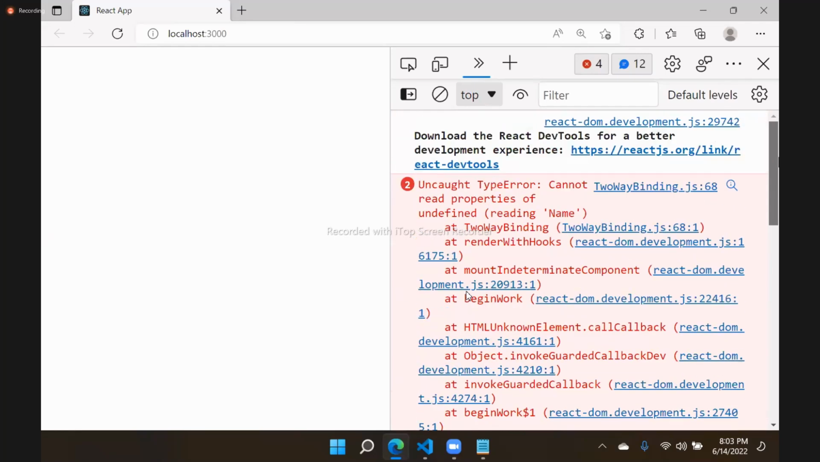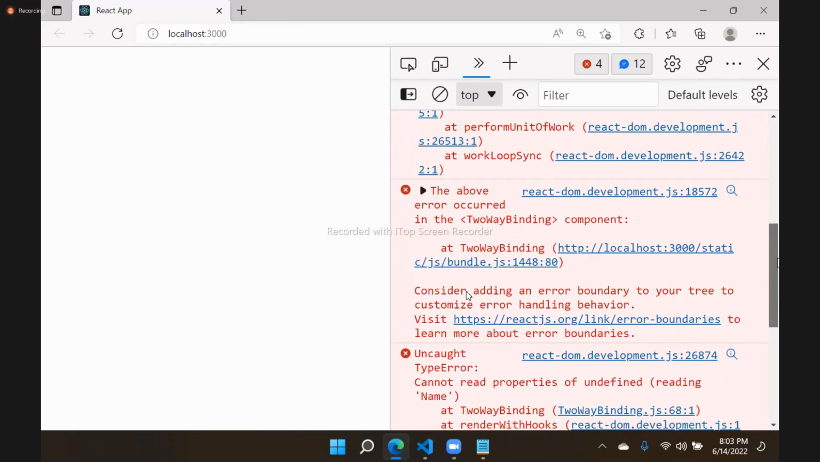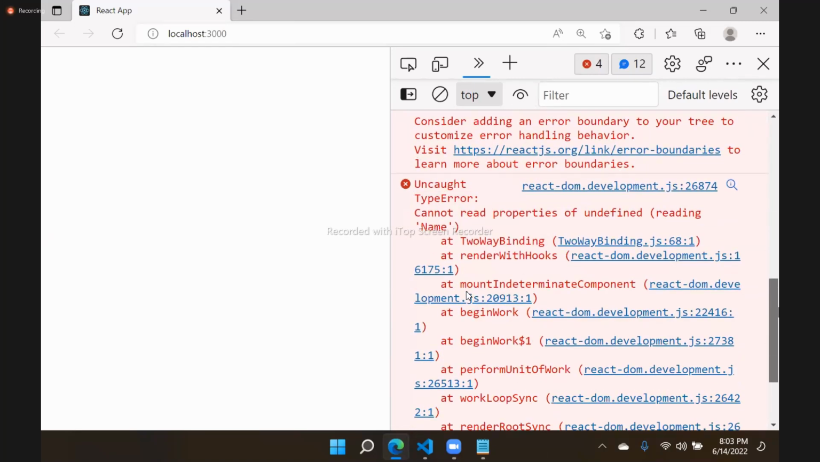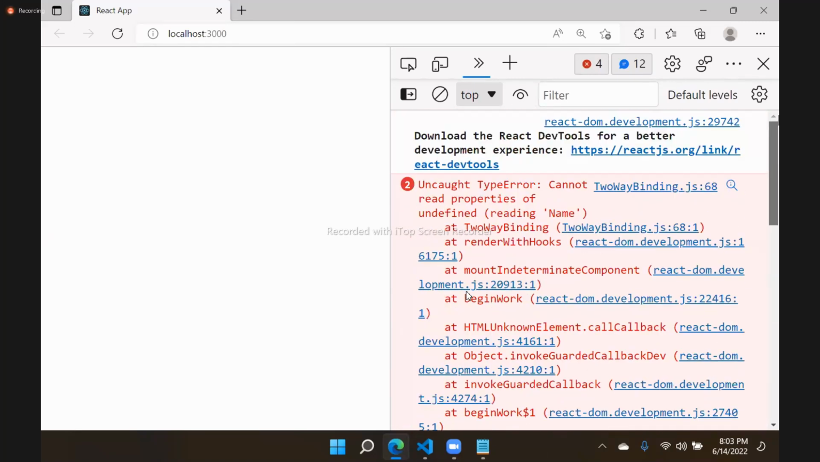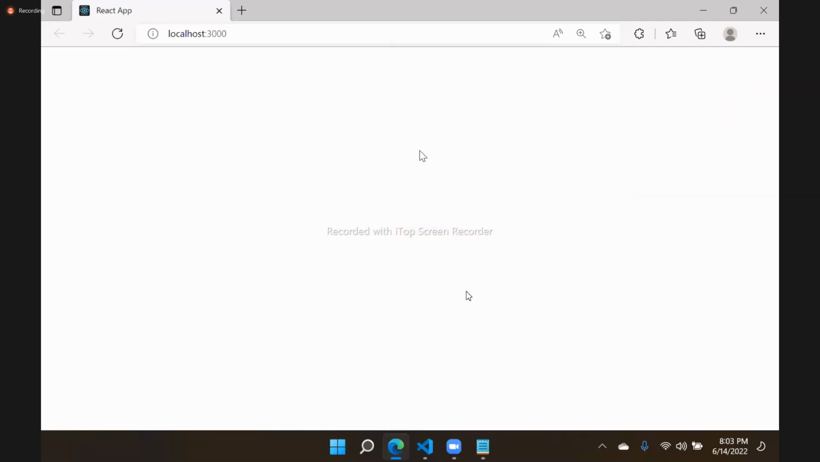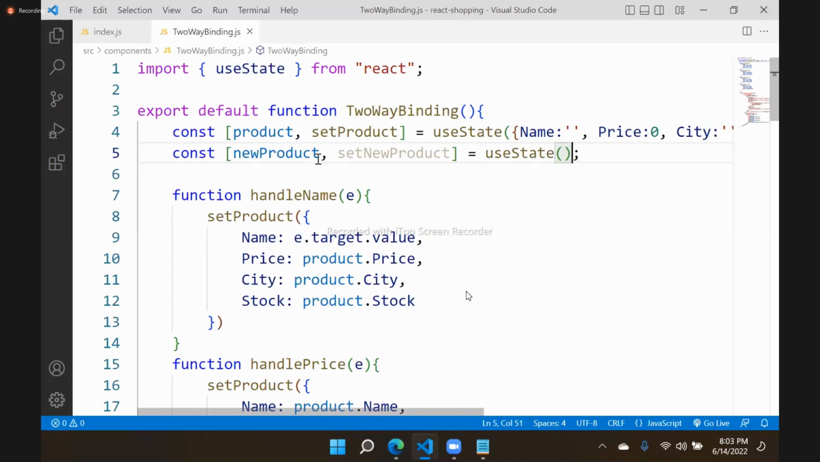That means name is not there. Similarly, price is not there. It will display all that information here. But here what we need to do is collect that and display. So actually this new product should store this product. Whatever you entered in this product, it should be updated to new product. Whatever you defined in this product, it should be updated into new product